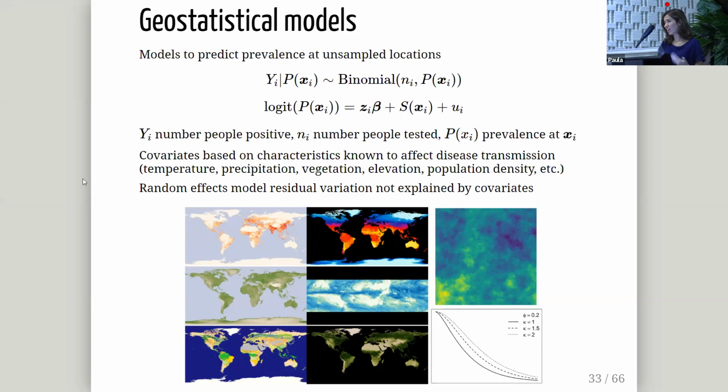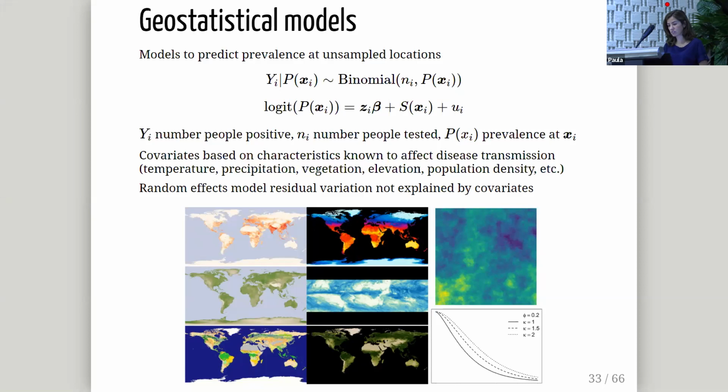But in addition to that, there are other factors that we don't know about, we didn't measure, we cannot measure, and this will be part of the random effect. And we can put a spatial random effect to acknowledge that locations that are close to each other have similar risk, and an independent random effect to acknowledge that locations, even if they are close to each other,